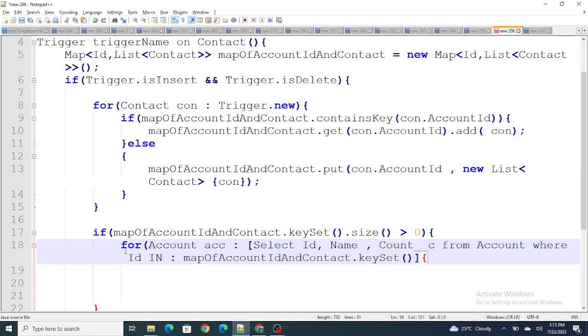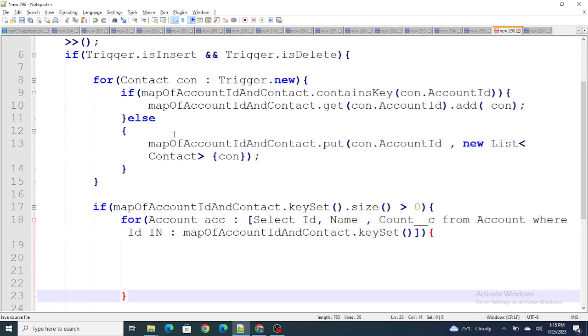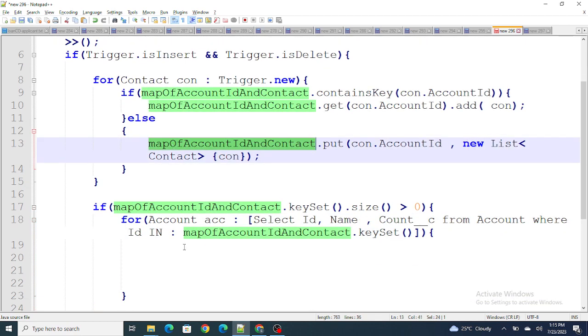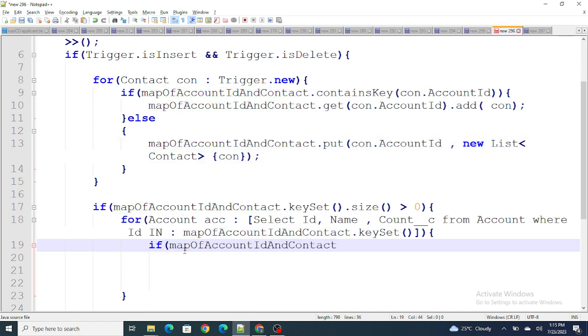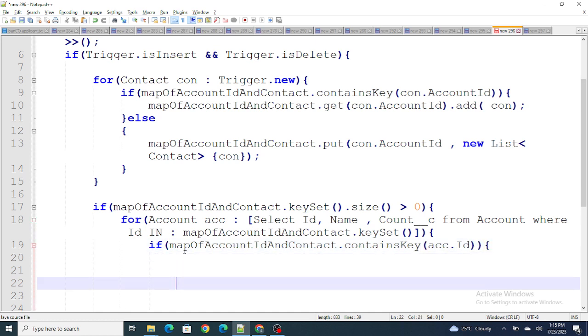So now I'm going to check again if the map containsKey acc.Id. If it does exist, in that case what I'm going to do is